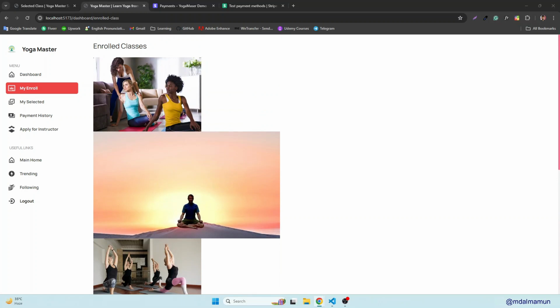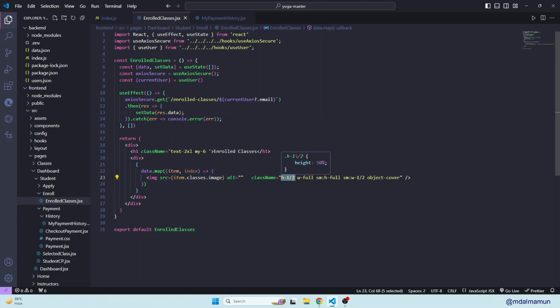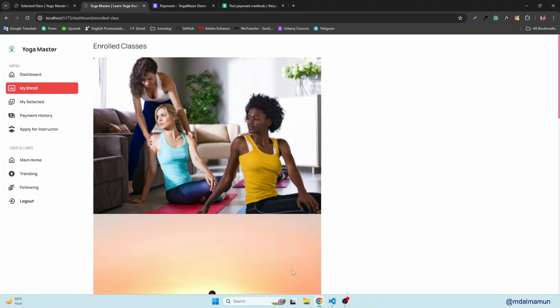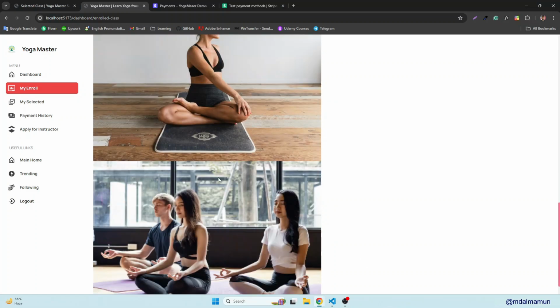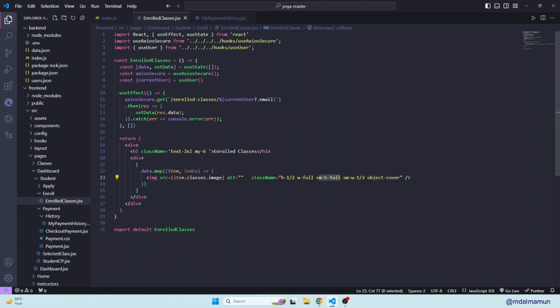So for this, we will apply some CSS on this class. That would be half of the width, so this is 50% of the width, then w-full, then on small devices it will be h-full, and on small devices it will be half, and object-cover. This is the classes. You can see right now the images have the same width. So if you have the same width, then we need to define